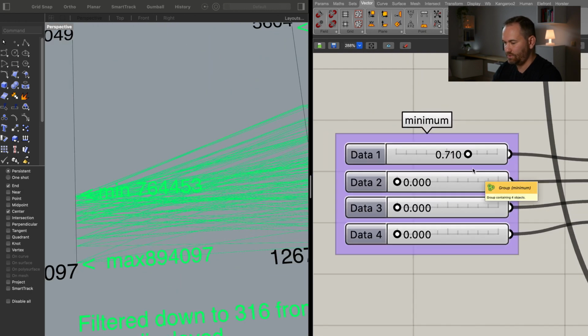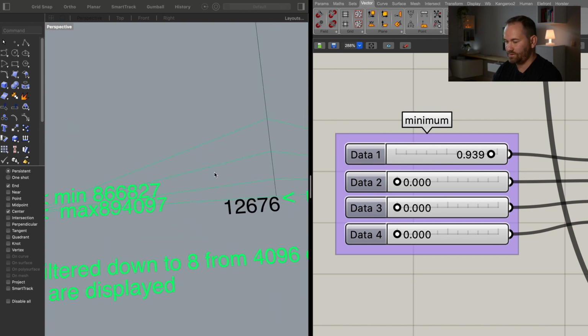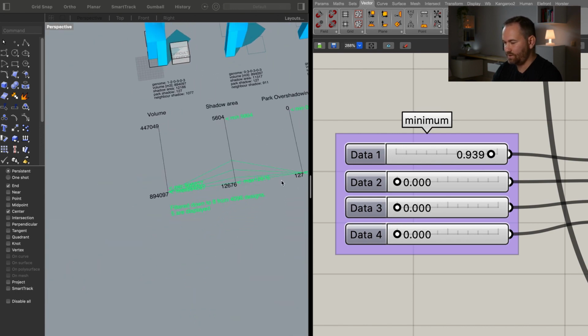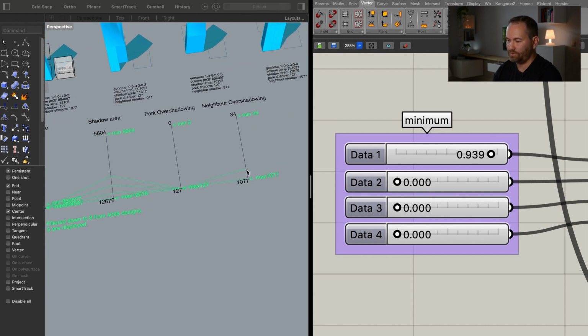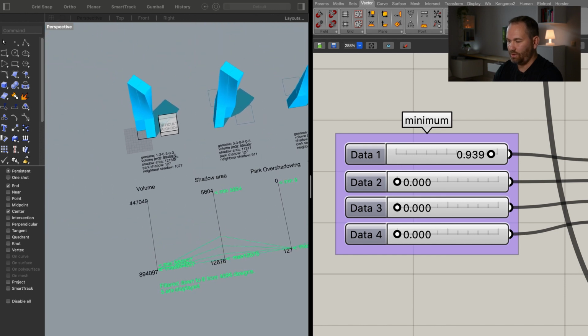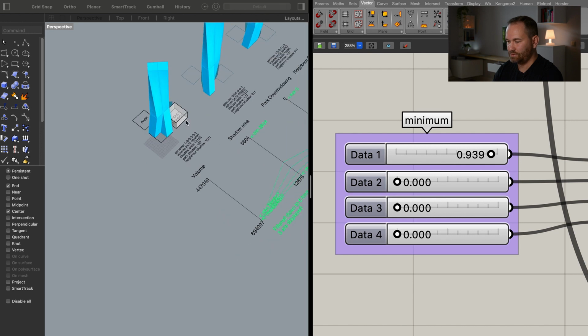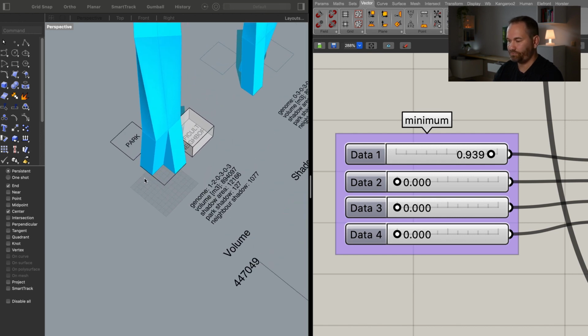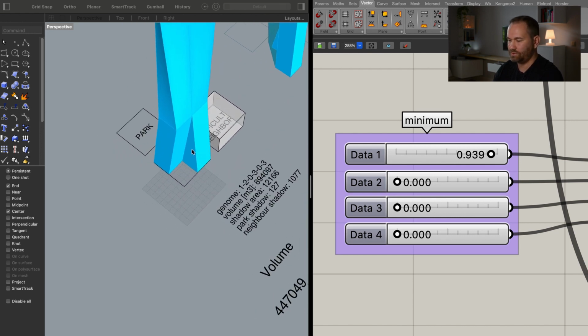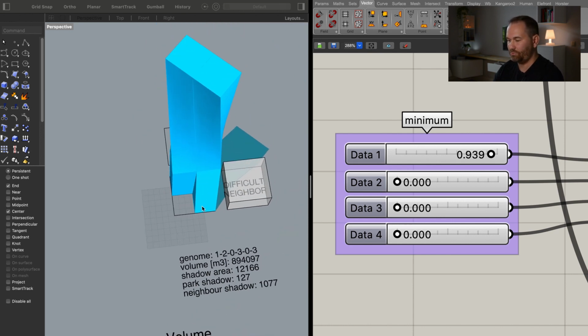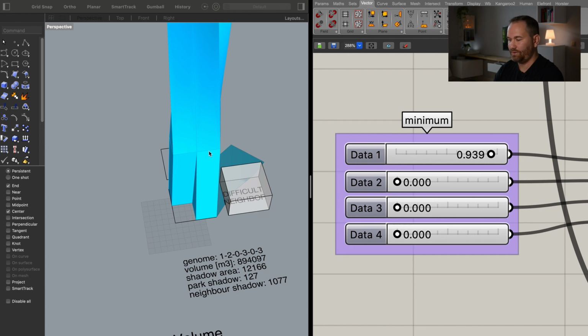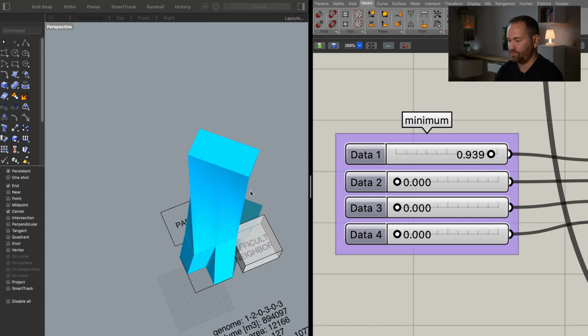So I'm going to increase this number until we are left only with very few options. Let me zoom in here. Let me zoom in here as well. So we are left now with 8 designs. 8 designs that, in terms of overshadowing the neighbors, are kind of the same. This one is a bit better, but that's what we have. So basically, one of the solutions is that the 2 tubes are diagonally stepping from each other at the bottom. At the middle, they are next to each other, and at the top, they are also next to each other,